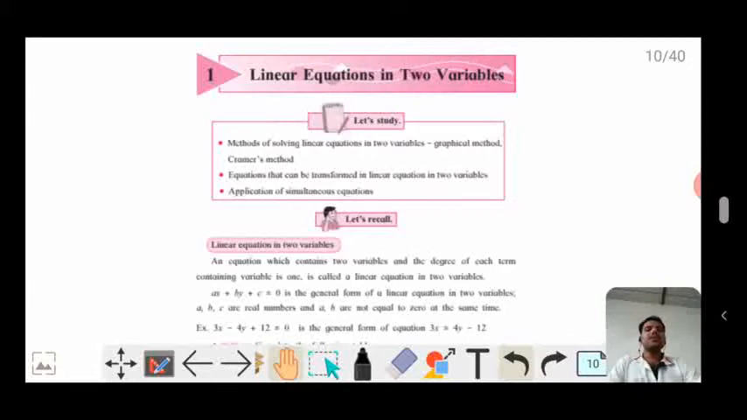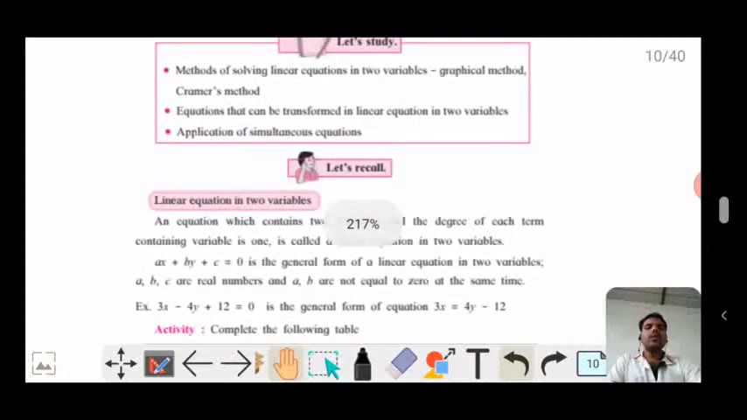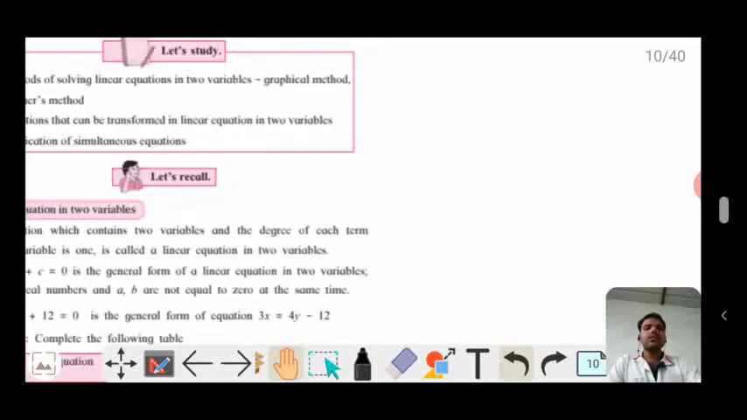So guys, just recall, you have learned in the 9th standard, so what is the linear equation in two variables? A linear equation is an equation which contains two variables and the degree of each term containing variable is 1. It is called a linear equation in two variables. So let us understand this from one example. When we call the equation a linear equation in two variables, we see one example,